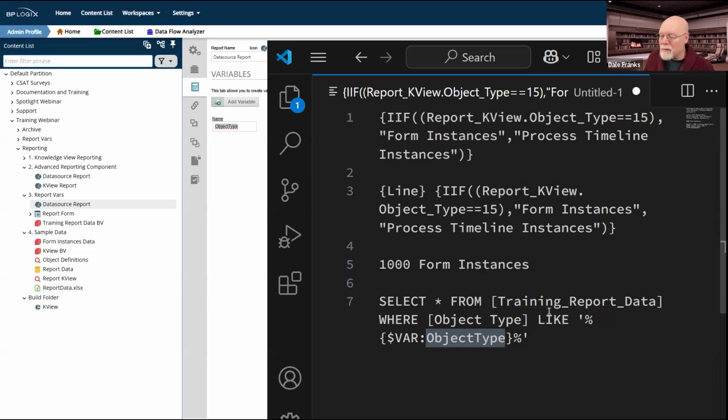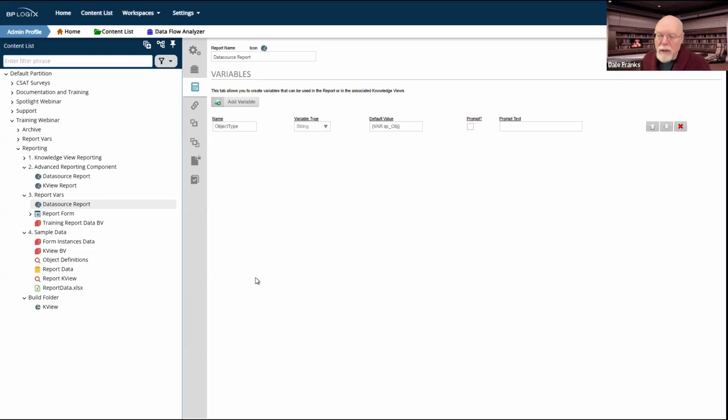And the cool thing about this is because I'm using the like and the little percent sign wildcards outside of the system variable that I've created, if I don't put in anything, if it's blank, it'll just return all the records, because basically a blank is treated as a match. If there's no value in object type, then it's an empty string and it'll just return everything back to me from SQL Server. So I'll get all 2,000 of my rows. So it's really pretty cool.